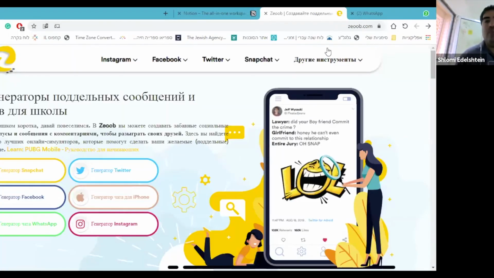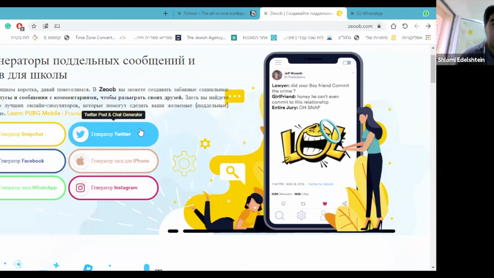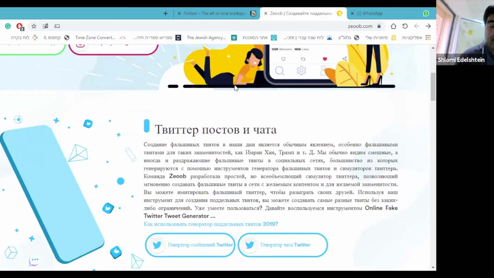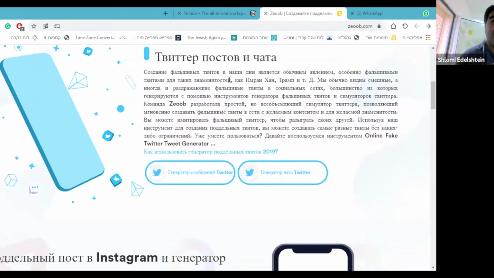Okay, so now we're back, and we have 5 more minutes to the end of our session. I want to show one more tool, and then we're finishing off our class today. The tool is called ZOOB. It's a website, not an app, but I love using it. The idea of ZOOB, and I will share my screen for you to see, is to create fake posts of social media. You can create Snapchat, Facebook, WhatsApp, Twitter, iPhone, Instagram, and at least in my eyes, it's a great tool in order to create fun, interactive